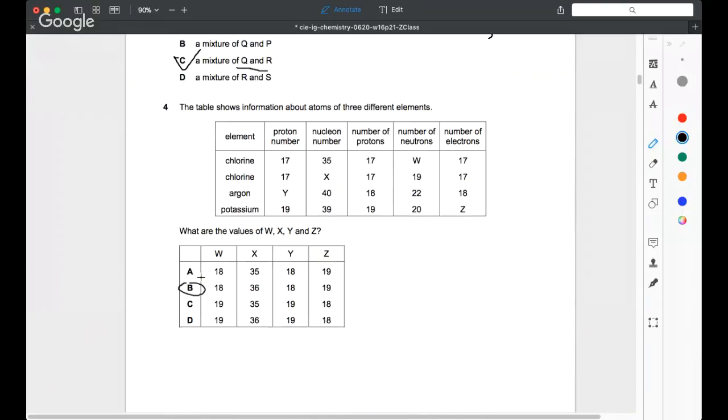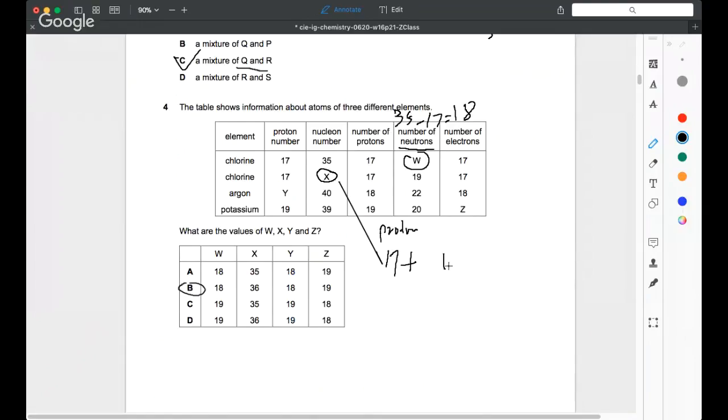Okay, question 4. The value for W, X, and Y. Okay, let's look at W. The number of neutrons for chlorine will be equal to the number of nucleons minus the number of protons, which is 18. So X is the number of nucleons, which is equal to the number of protons plus